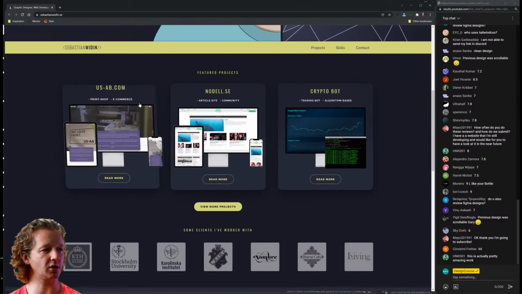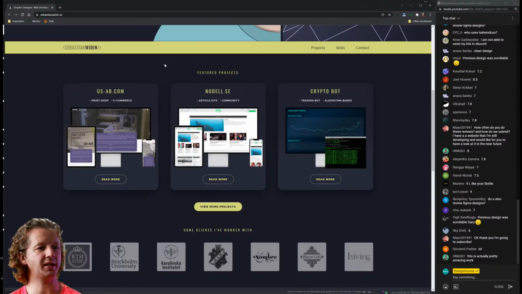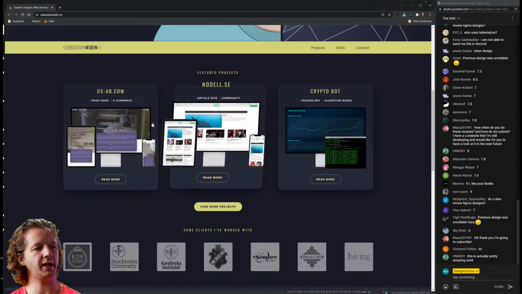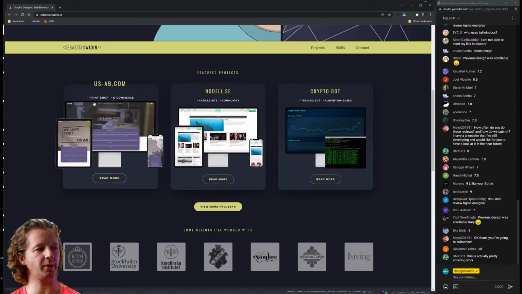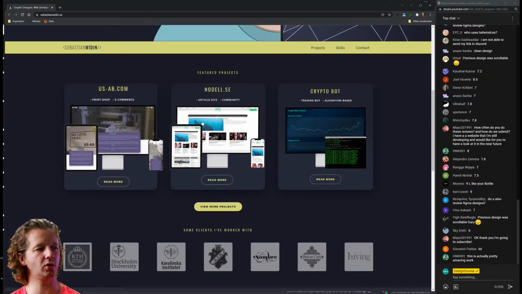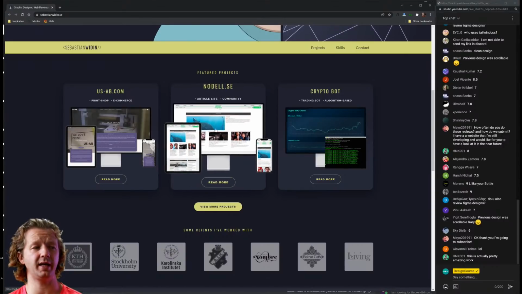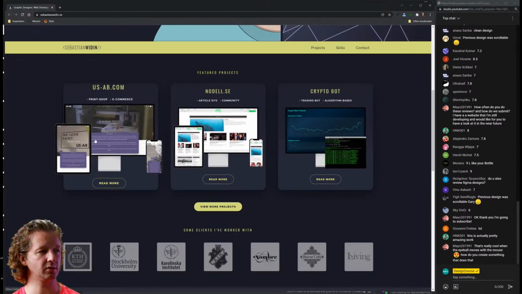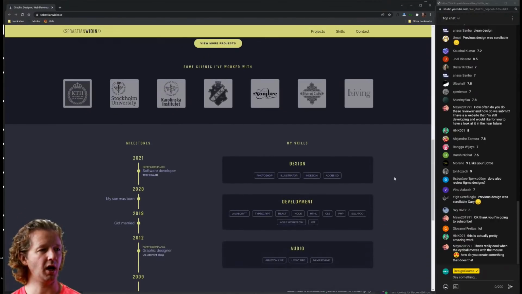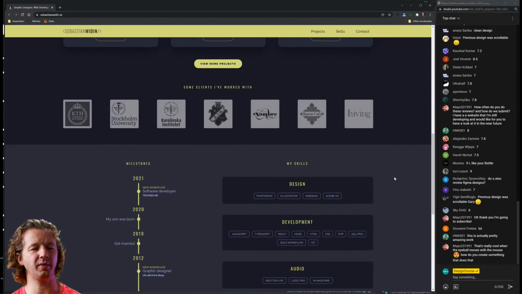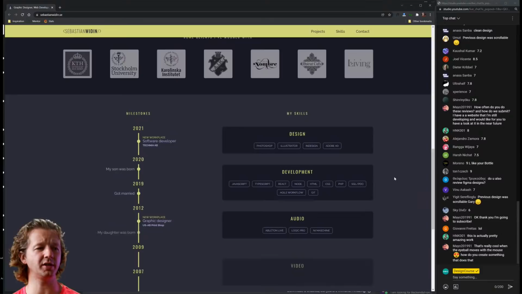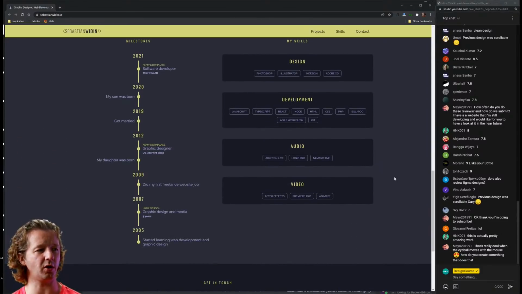As far as the cards, I would like to see more white space on the inside of the cards. We can see this parallax effect, which is pretty cool, but more white space on the inside. That would mean making these a little bit smaller, the little laptop thing. I think I kind of remember the design from a long time ago, but this is definitely an improvement from what I recall.